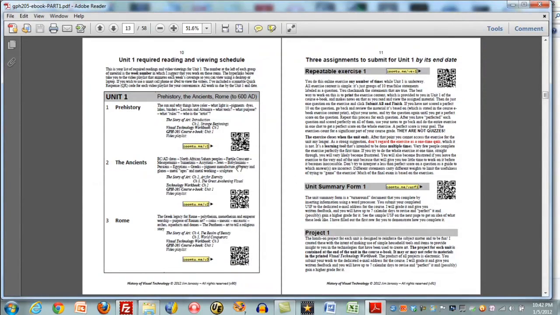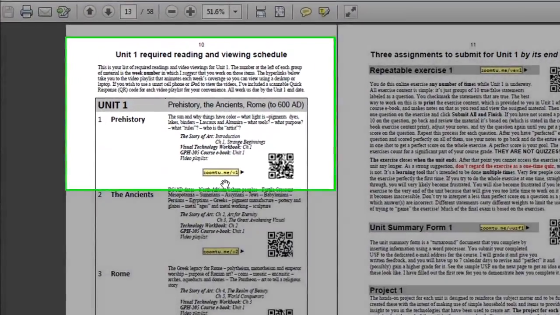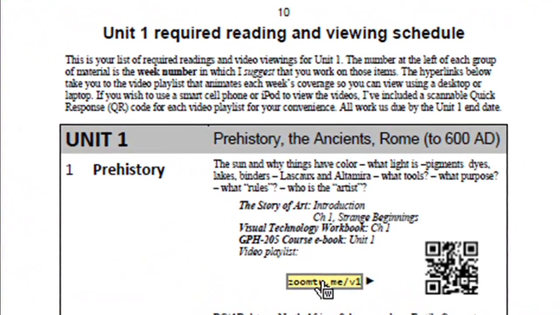Let's go back to here. I was explaining why this is relevant. This is a hot link right now for you, and you can see how I used it. If I was reading this ebook on a computer, a laptop perhaps, I could just click it and I could watch the videos. However, when this becomes a print workbook, of course, on paper, this is not going to be